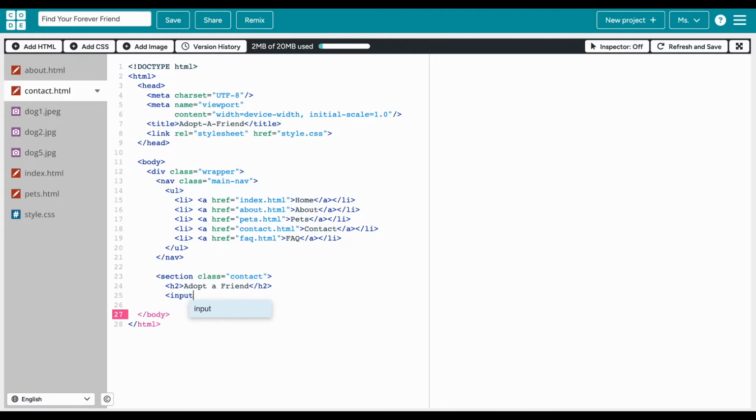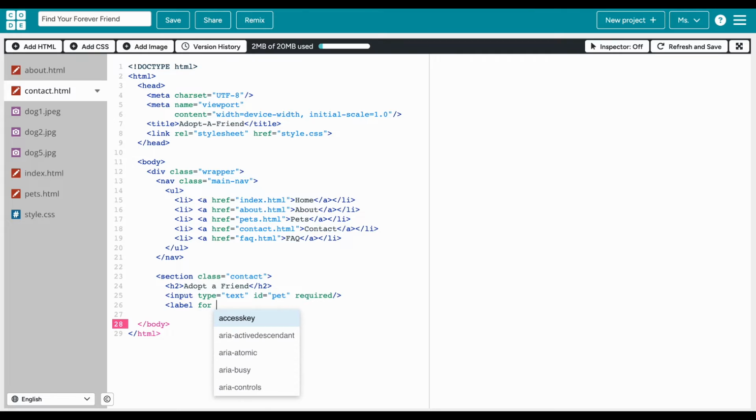And then now let's make a text box for our name. So input type will be text, and then close the quote, and then our ID will be pet, and this will be a required box,